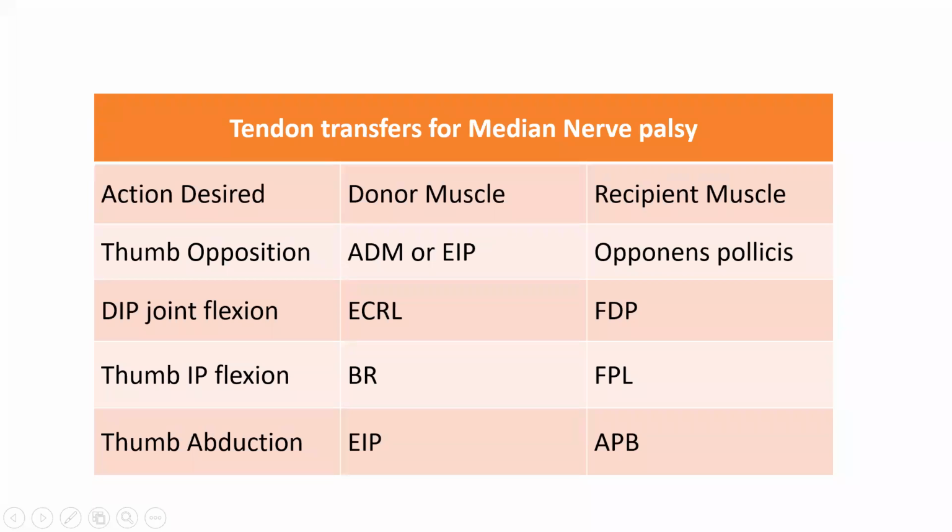Because all these tests are very important in your exam. See, you can even skip this tendon transfer. It is a bit complex to understand, but you have to determine what is the nerve involved and what is the level of nerve injury involved. That is very important for final year exams. Okay, so there should be no confusion in it. Anybody wants me to repeat any part of the median nerve palsy?